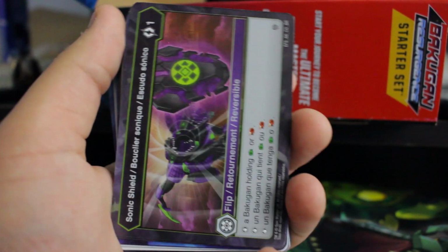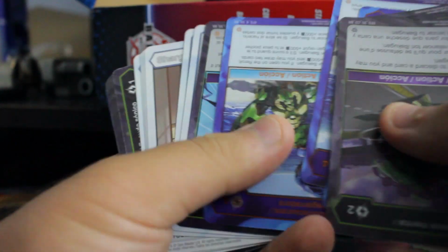The Bakugan Resurgence starter decks are honestly bad. I wouldn't say they're not worth getting, but if you're a newbie, don't get them. They're trash for beginners. These are decks that you really just buy for the bulk, which is sad because starter decks should be something you open up and play, like with Vanguard. Vanguard is perfect for that kind of stuff, buying a starter deck and